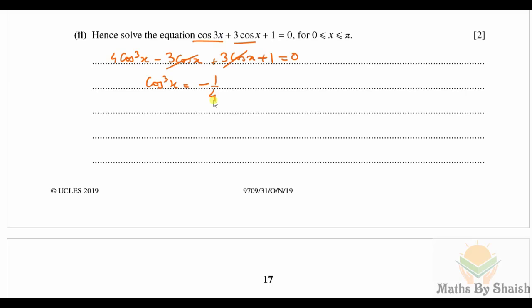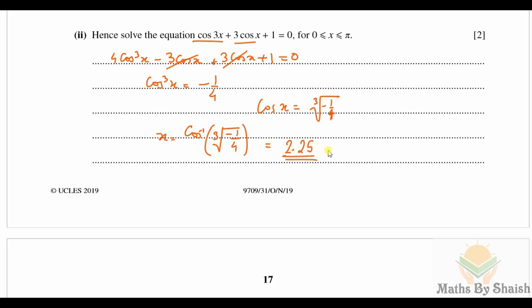So from here we will get cos x directly by taking the cube root of it. So cos x is going to be the cube root of minus 1 by 4, and remember this is not an imaginary value, it is a cube root. In the square root it was an imaginary value. So x will be cos inverse of the cube root of minus 1 by 4. So let's calculate by calculator. In radians from the calculator it is coming 2.25